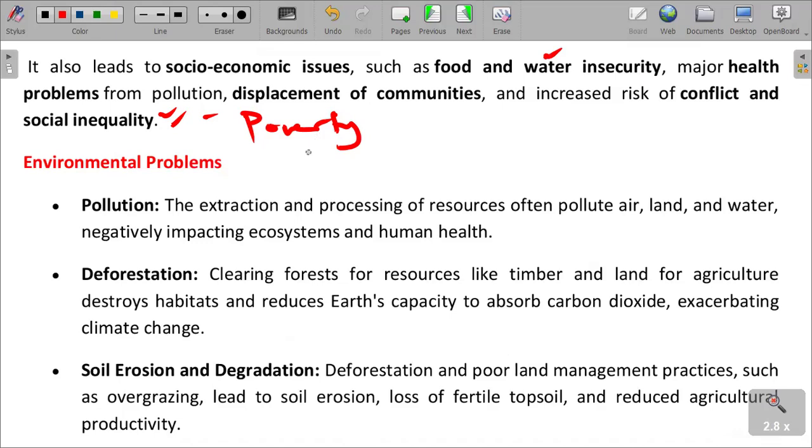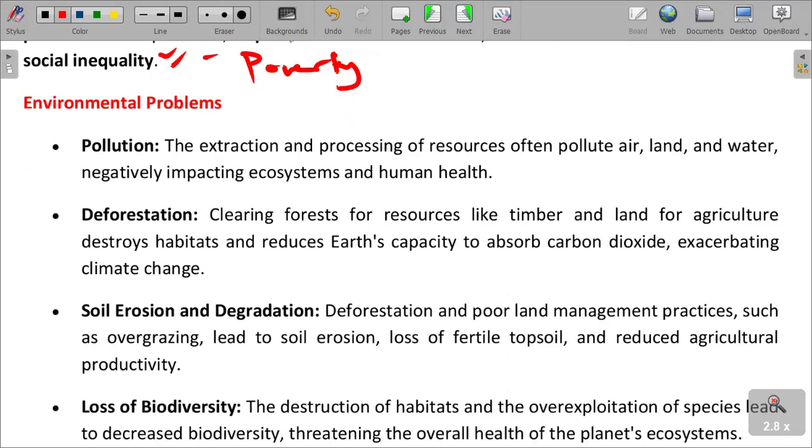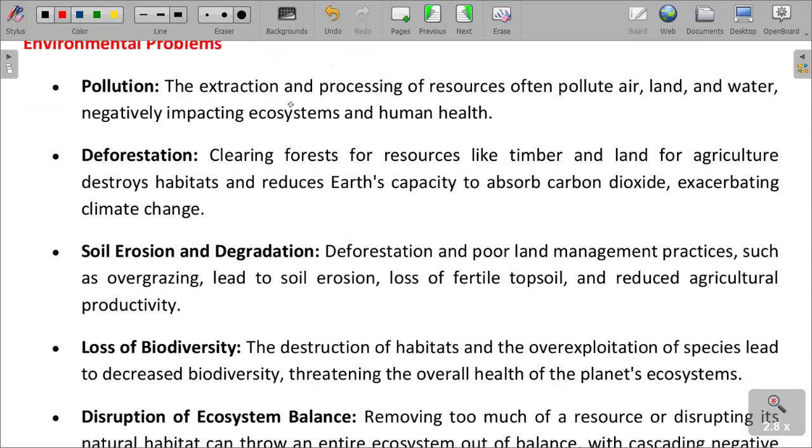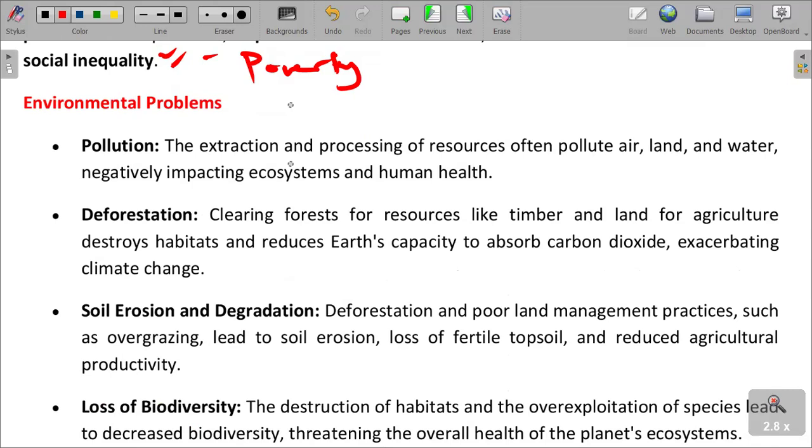As a result, we have got problems that cannot be overlooked when we look at issues to do with resource exploitation. Basically, the environmental problems that result from resource exploitation. We have already talked about pollution. The extraction and processing of resources often pollute air. We have got machinery that is used there,